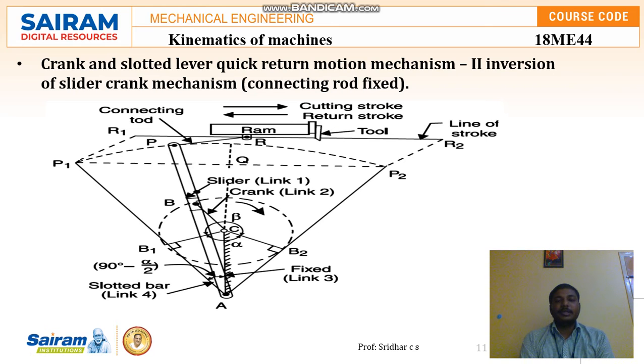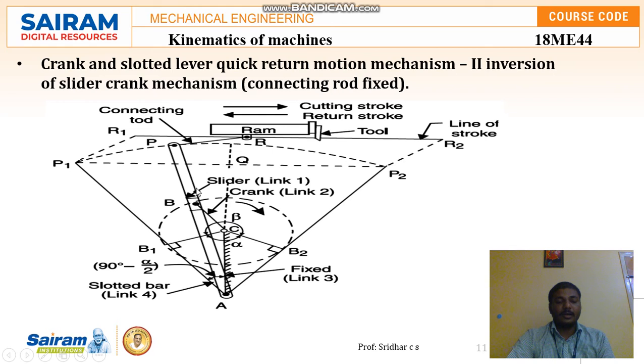So this is how we can process the quick return motion mechanisms, where the crank and slotted lever act between the fixed link and the ram. The connection between the lever and the ram has a connecting rod. The motion provided is converted with the help of the connecting rod. The ram can oscillate, and whenever it is oscillating, it can reciprocate this motion.